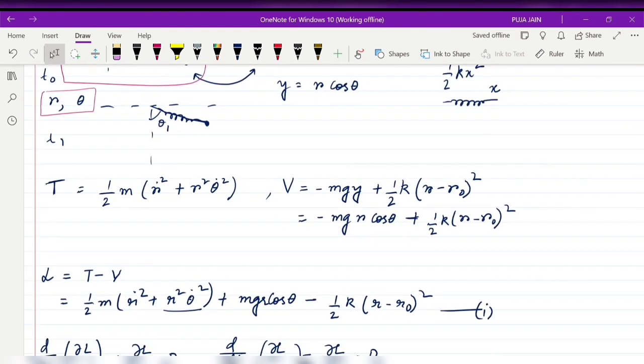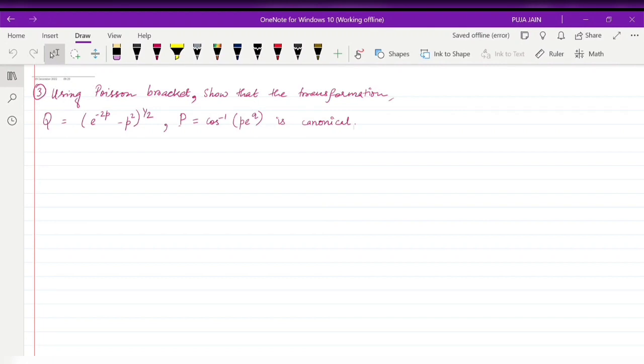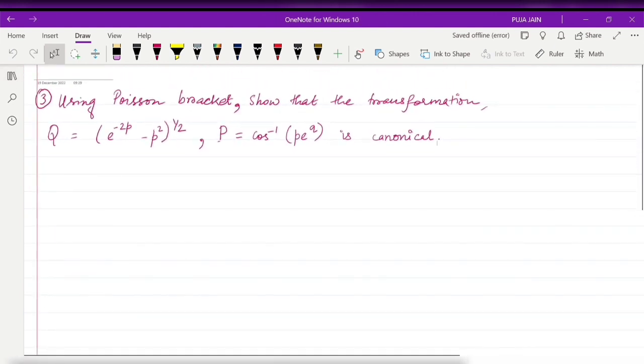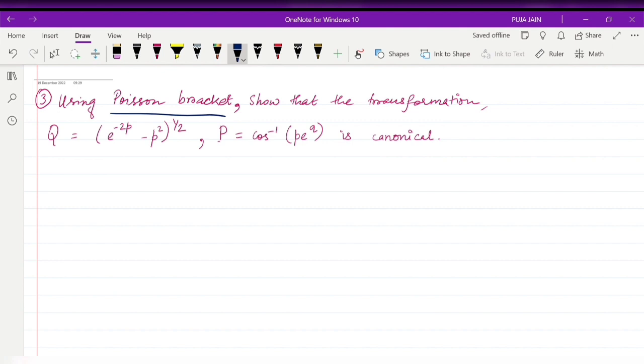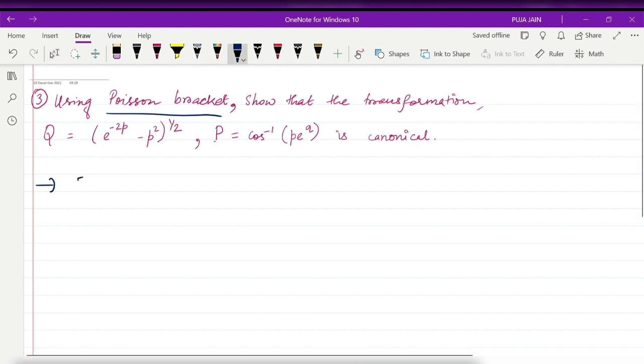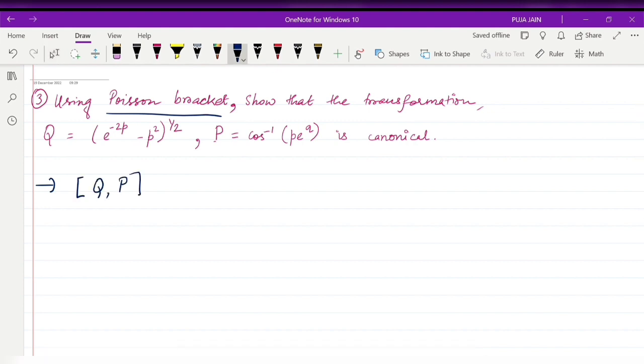Okay, next question. So the next question is: using Poisson bracket, show that the transformation Q equals to, and the expression for P equals to, as given, is canonical. Now since in the question they have said using Poisson bracket, the essential condition is that the transformation is canonical if the Poisson bracket of Q comma P equals 1. So now expanding this Poisson bracket, what we will get is del Q del P by, minus,